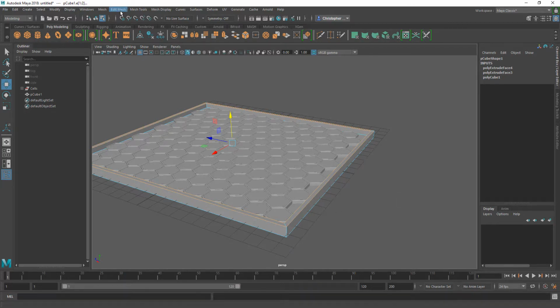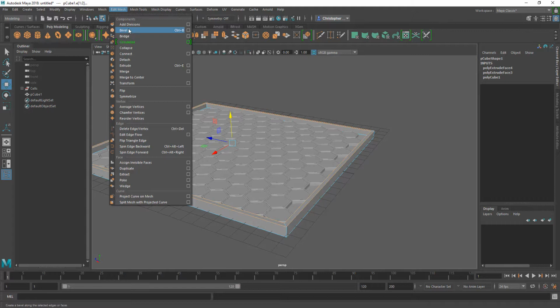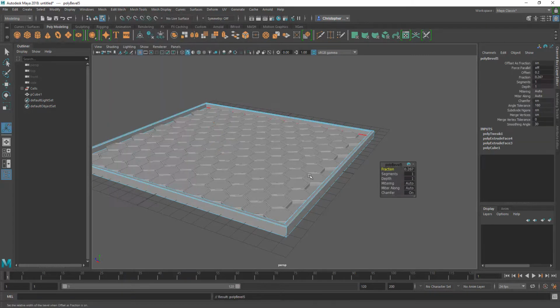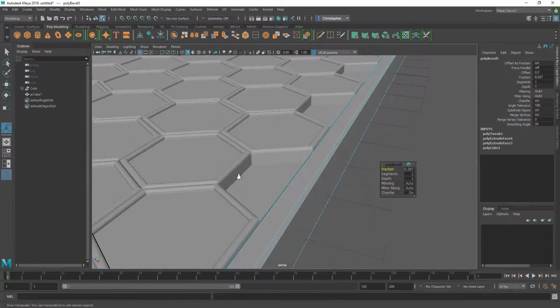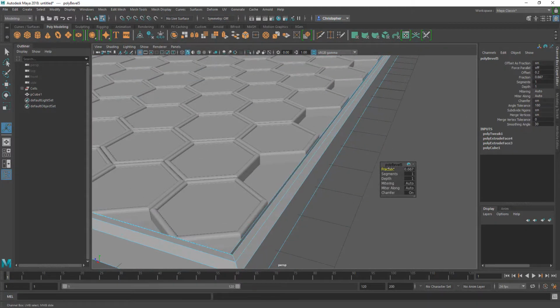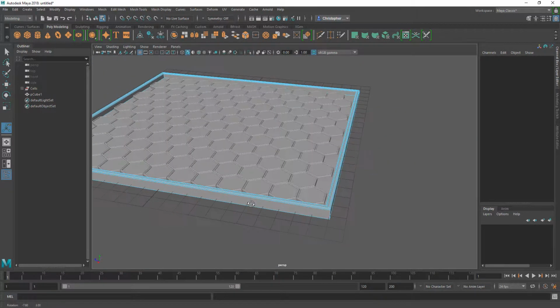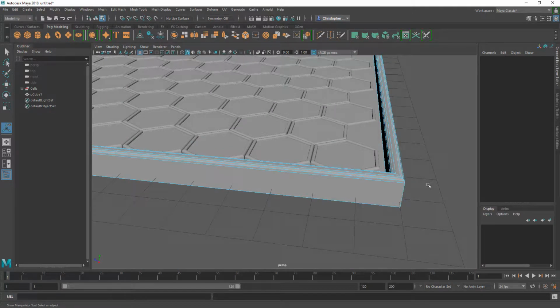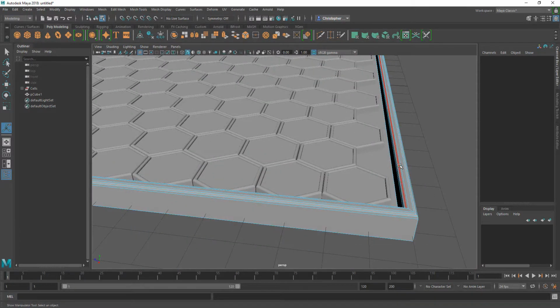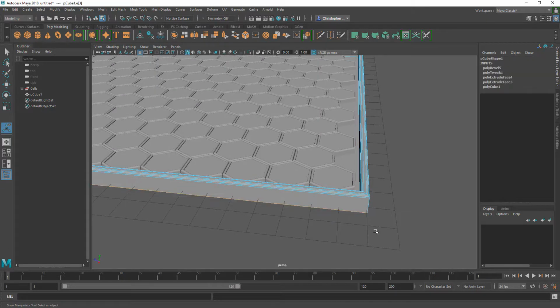And like before, we'll go up to Edit Mesh, Bevel, and we can kind of zoom in, take a look at what's going on. Change the fraction, and we'll make the segments maybe 2, maybe 3. All right, that makes a nice, like, picture frame almost. Kind of a bevel. I want to select the bottom one too,